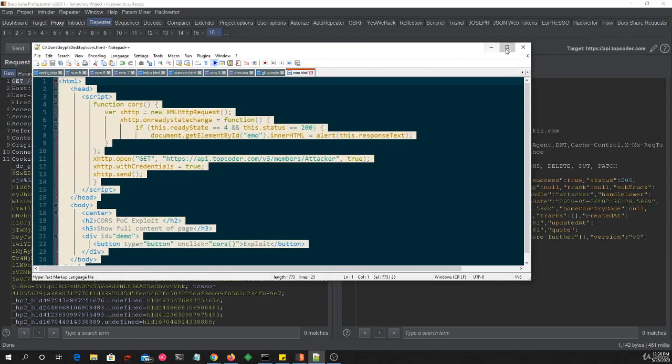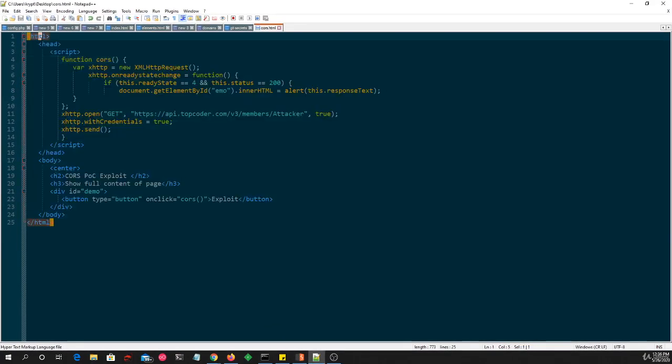And here's a basic CORS exploit. It's HTML code with a script that creates a function, CORS, which creates an XHR request: var xhttp equals new XMLHttpRequest, creating a new XHR object. On the ready state change, the function calls a callback, and if it's instantiated and ready, the ready state is equal to 4, meaning it's ready. And if the status is 200 OK, then it's going to get the